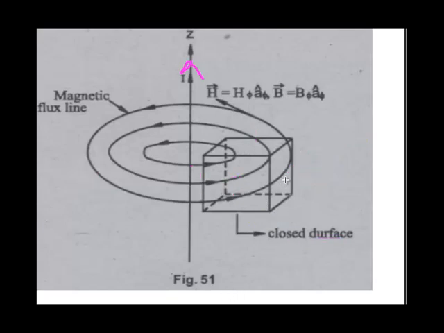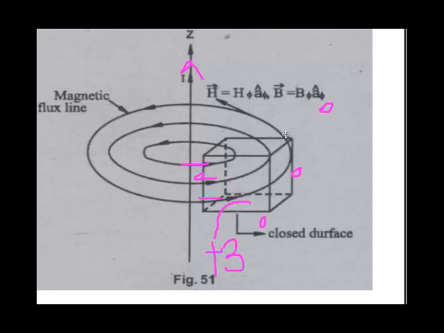So we can calculate the total flux present in the cube just by calculating the total number of flux lines crossing the surfaces. In this figure we can see that on the top surface the number of flux lines crossing is 0. On the bottom there is 0. On the left is also 0. Right is also 0. There are only 2 faces, the front and back. On the front side 3 flux lines are entering, and on the back side 3 are leaving.